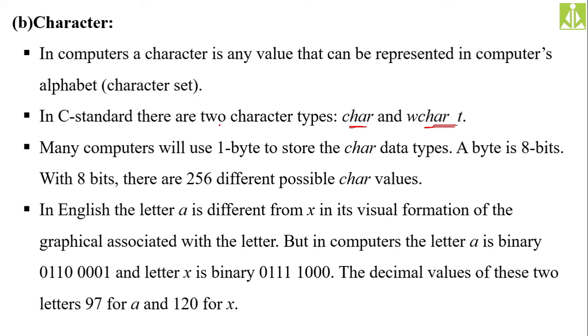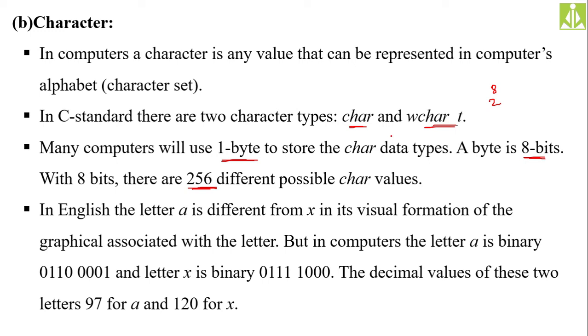Okay. If you use a normal character, it will consume only 1 byte of memory from the computer to store the character value. And 1 byte means how many bits? 8 bits, and 8 bits means how many different combinations? 256 possible combinations. How does 1 byte, 8 bits, store 256 combinations? Simply take the number of bits as the power of 2, and there you will get the number of possible symbols that you can store inside a character.